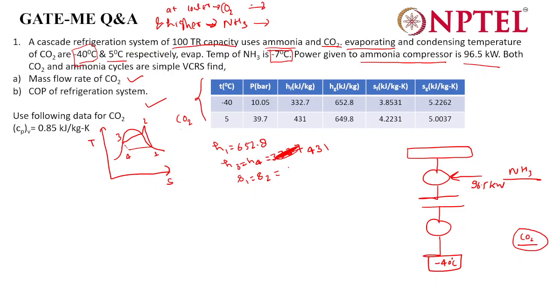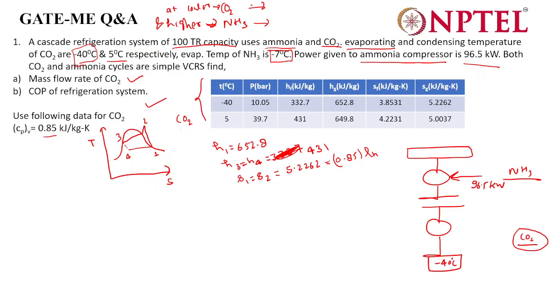What is S1? 5.2262, right? So Cp of vapor is given for CO2 is 0.85. Is it clear to everyone how I am doing this? I don't think I have to repeat all formula each time. So it is simply